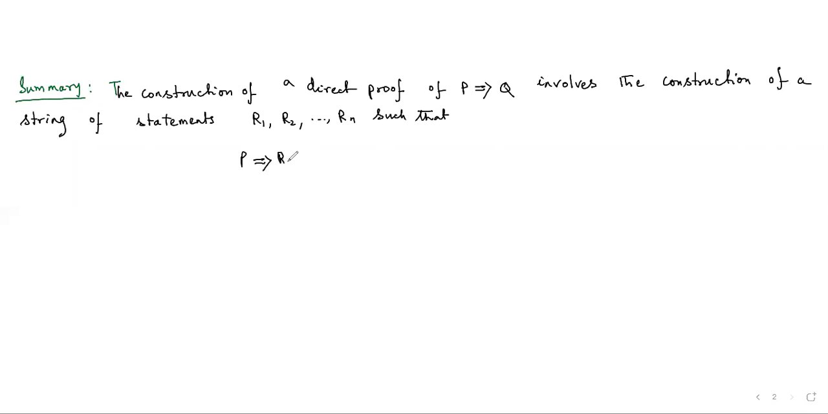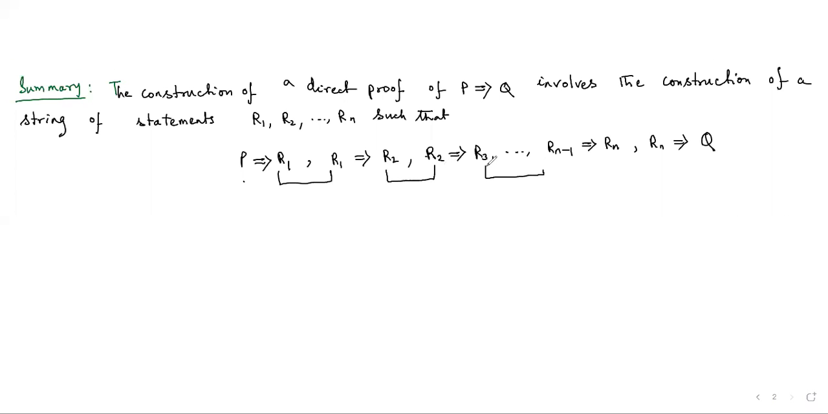P implies R1, R1 implies R2, R2 implies R3, and in this manner, if we move on, Rn minus 1 implies Rn, Rn implies Q. Now, at this point, someone may ask: if P implies R1 and R1 implies R2, and R2 implies R3, and if it goes on in this manner, can I build Q from P? The answer is yes,